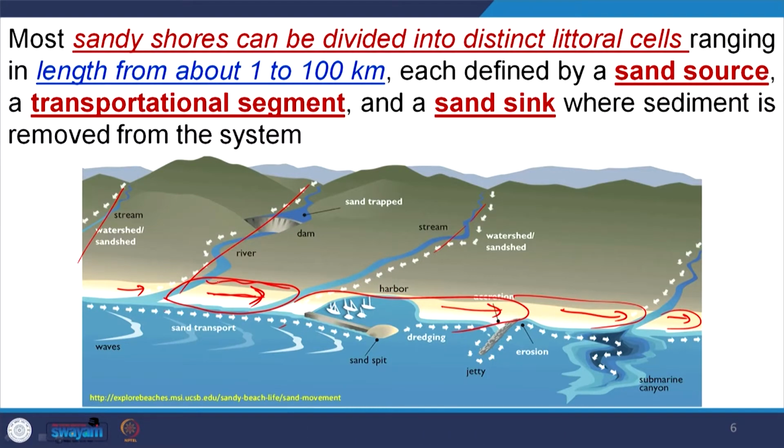For example, we are considering here, these are the zones where sand is generated, because the waves are hitting this coast and generating this sand. The sand is migrated due to swash and backwash, and they are migrating laterally by this littoral current, and once they reach this river mouth, this sand is removed from the system. Depending upon the dominance of tide and waves, either the sand will be distributed in this way or in this way. That means from this system we are removing the sand.